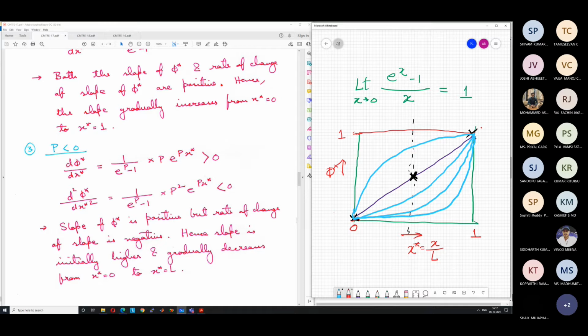If the Peclet number is even higher, in the negative direction, this will be the value. So what do you see here? If the Peclet number is slightly negative, you will see like this. That at the midpoint, okay, so this is our midpoint, right? This line represents the midpoint.